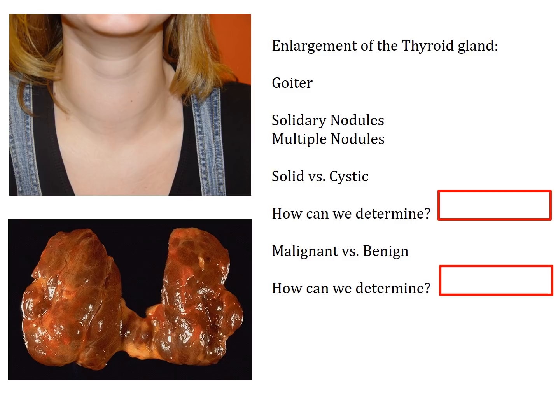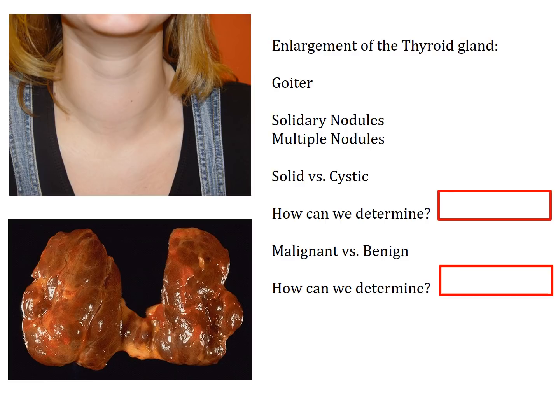All right, what do we call enlargement of the thyroid gland? We call that a goiter. If we see an enlarged thyroid gland, we want to do a careful palpation to determine whether or not that enlargement is due to a single solitary nodule or due to multiple nodules. Look at this young lady with the goiter, and then look at the post-surgical section. You see all those nodules. Kind of like that would be nodulocystic because all those nodules are fluid-filled. So her thyroid gland has been enlarged due to a number of nodules.